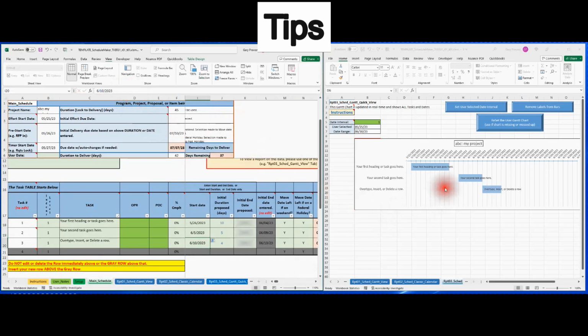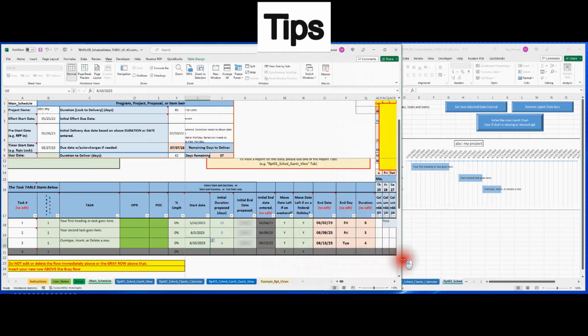Okay, so everything adjusts. It shows the end date, and on your master schedule here, as long as it doesn't fall on a weekend or a federal holiday because you've selected yes, all the dates will adjust, and you can do that continuously. I'll say this one equals the previous end date plus 2 days, and it has a duration